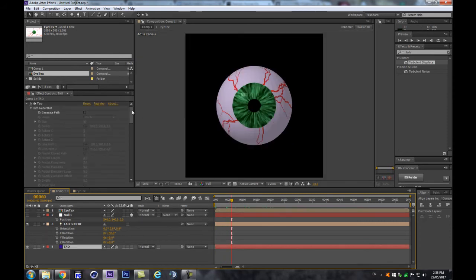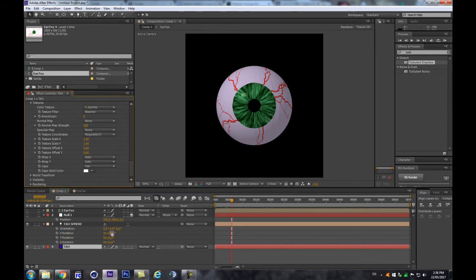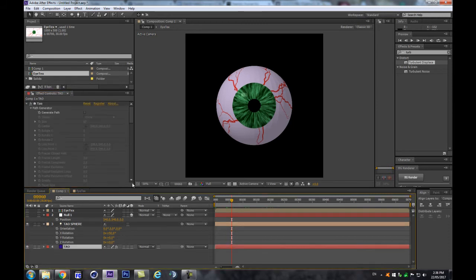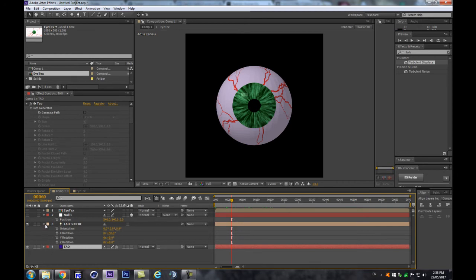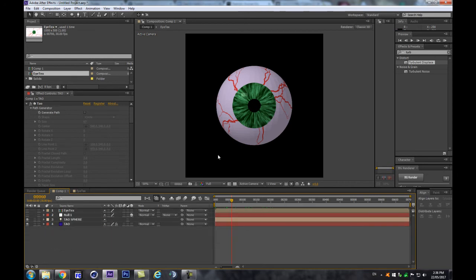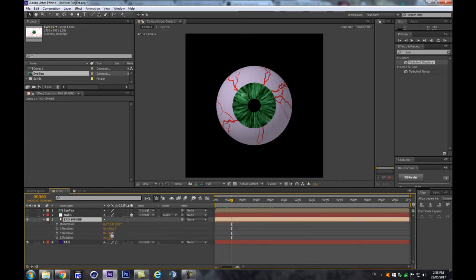Now, ultimately, the best way to texture this would be to have an equirectangular version of the texture to make sure that it maps around the sphere as neatly as possible, but we can get away with a simple one like that for this. Now the goal is not to apply it on one sphere, but now that we've got our eye looking right,